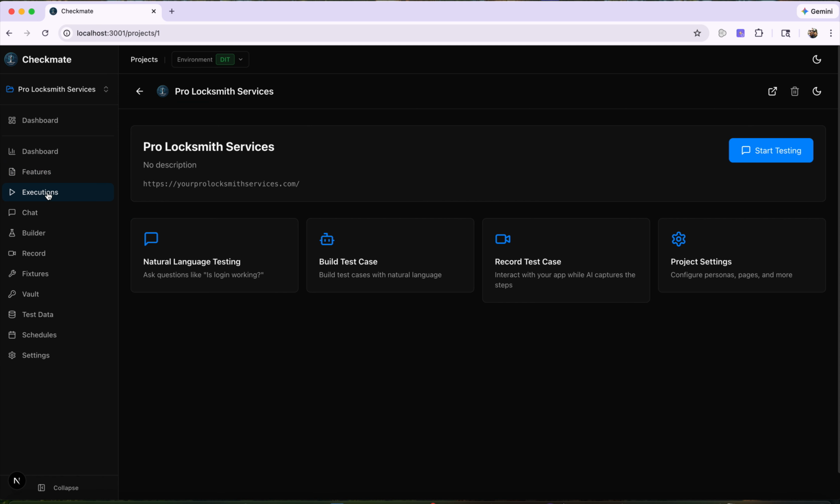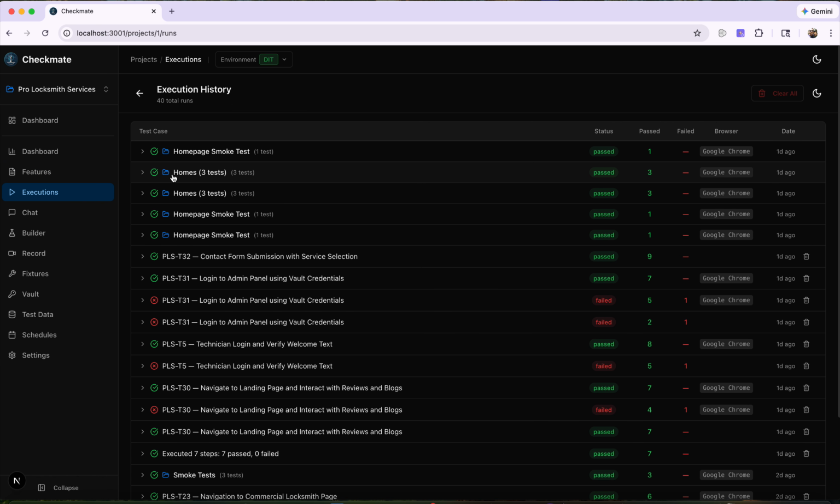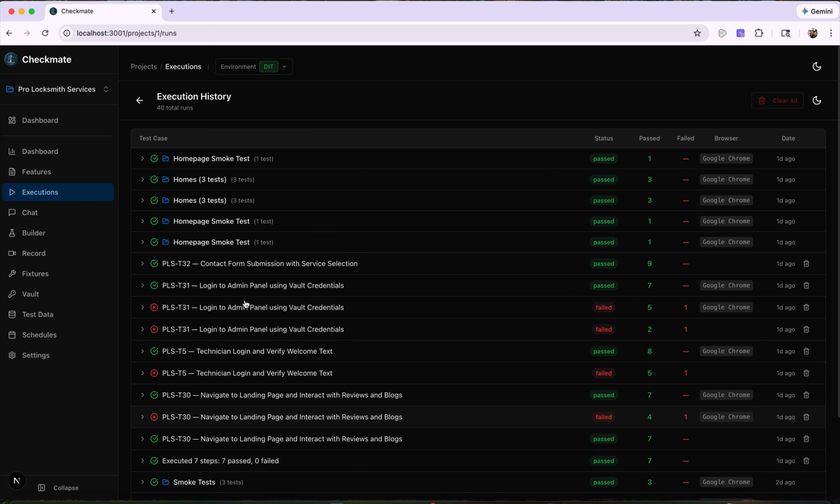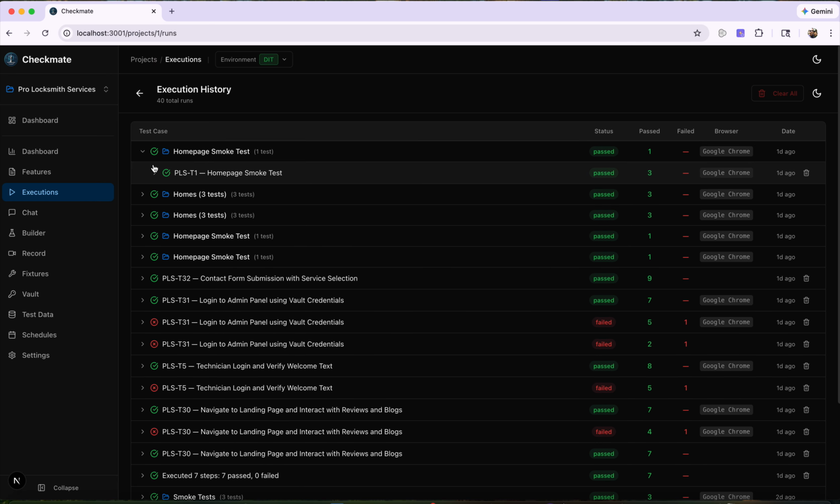Let me go to this one. Here, whatever level you have run, it is showing that execution. If you run at the feature level, or a single test case or multiple test cases, this is going to populate over here based on the level. If it's at the folder level, you can see under that which test case has which steps. Already you have implemented this. I just made a little bit of improvement on that, and it is showing the status, passed or failed, and